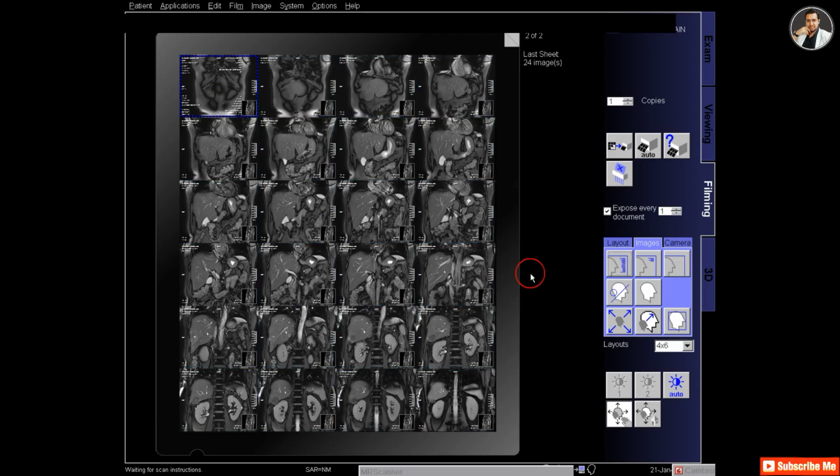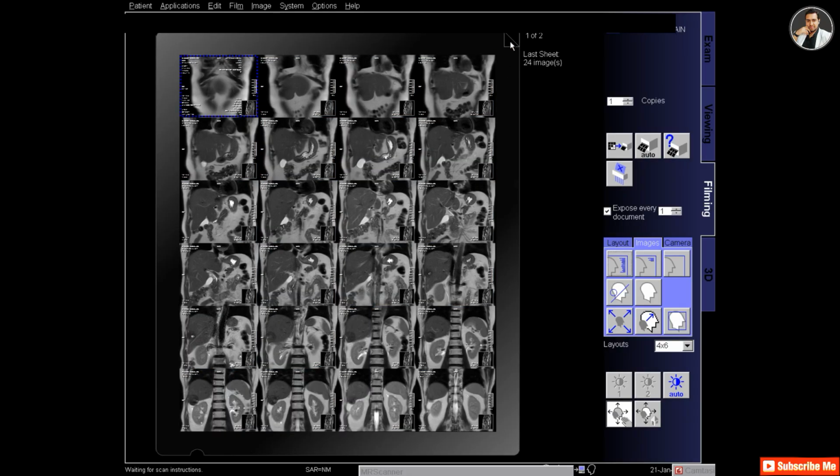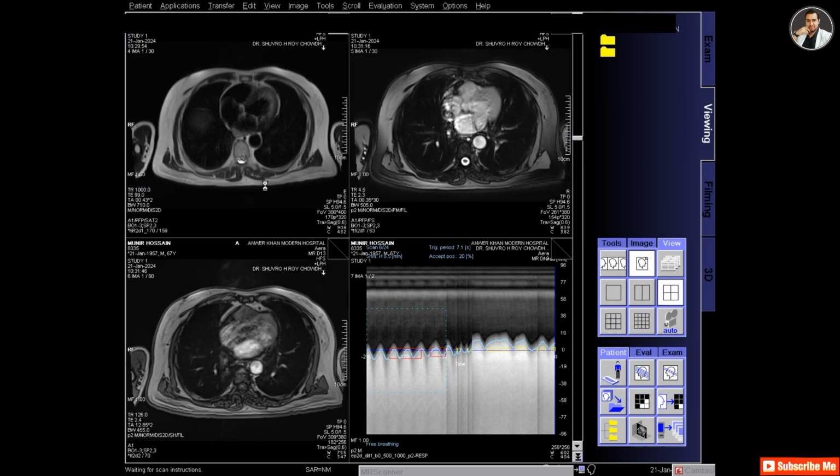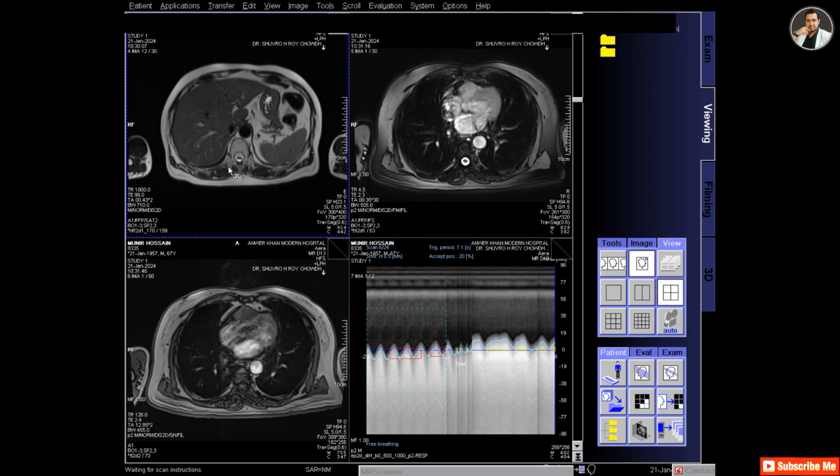So these two coronal images are in 4 into 6 layout, so that the 24 images fit in the films. You can write it down if you want how many films and which films I printed.